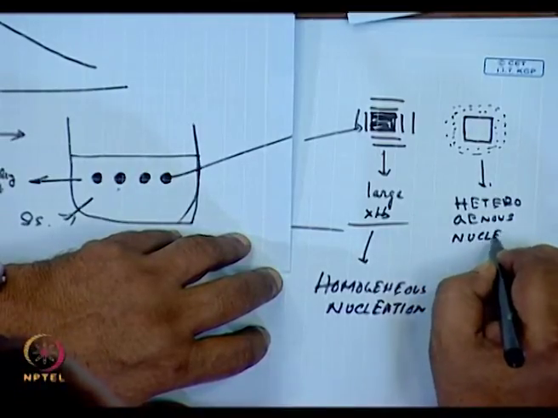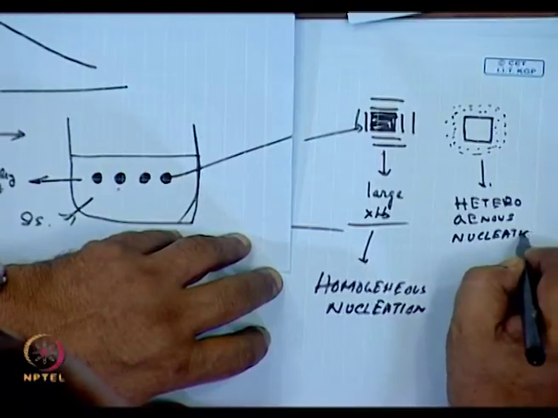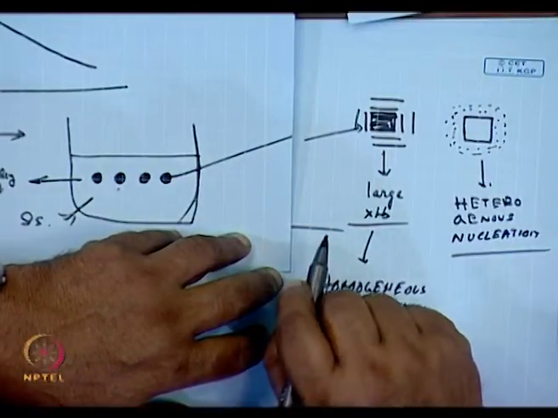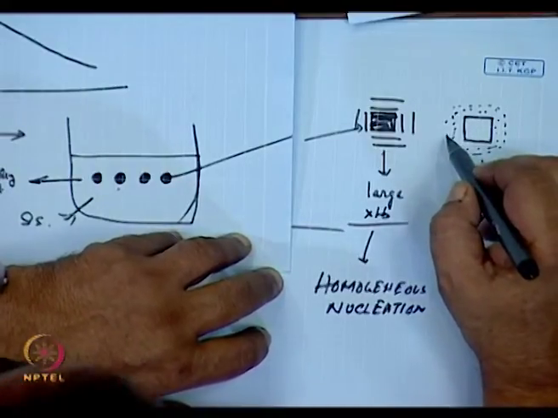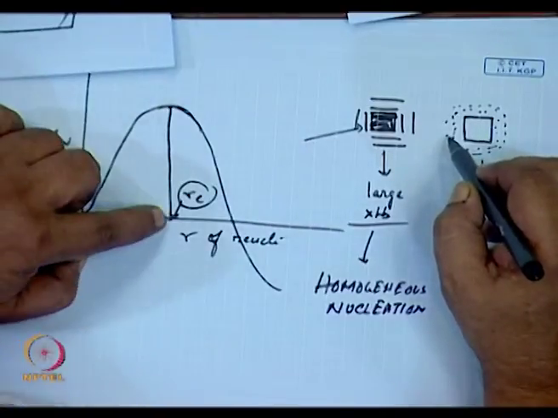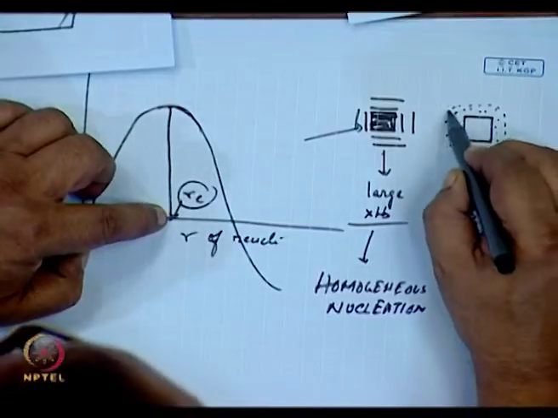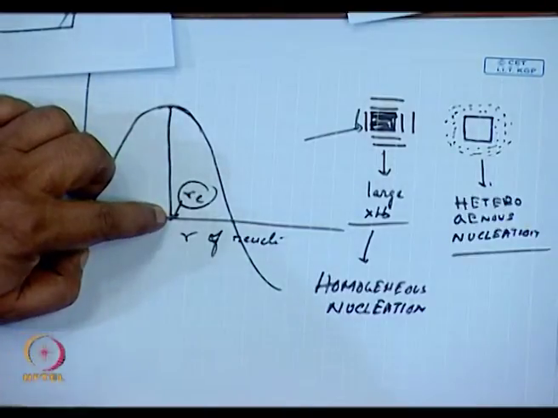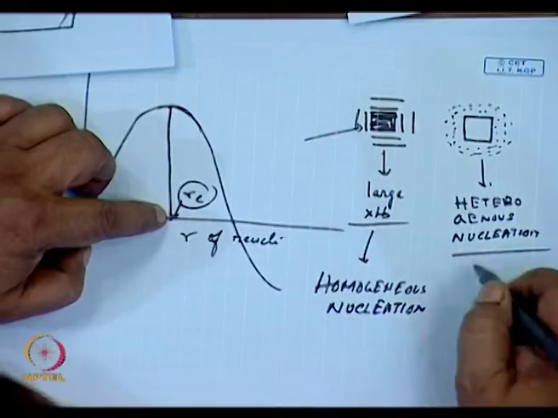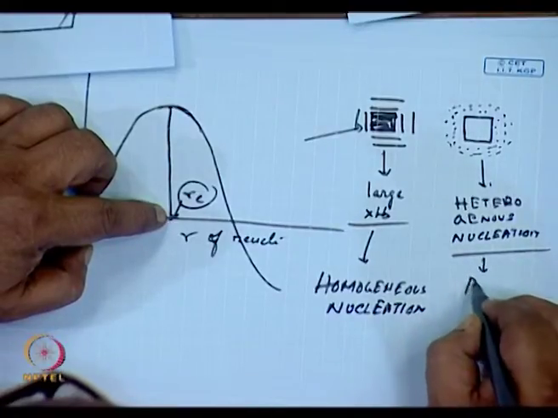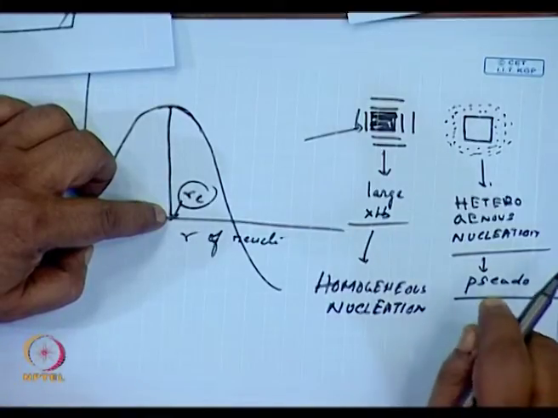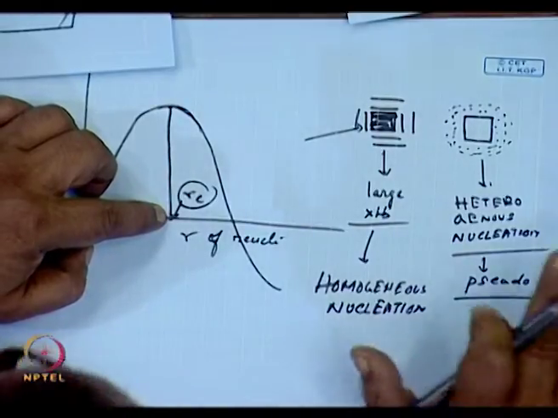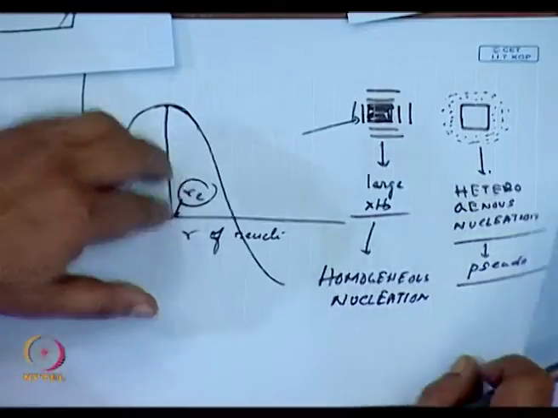Because here the nuclei are not growing, but rather this large nuclei which has got the required critical radius, around it smaller nuclei are depositing. I would rather call this a pseudo heterogeneous nucleation. A real heterogeneous nucleation occurs when, say,